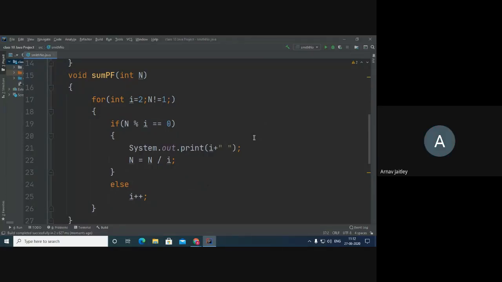Sir, yes, sir, I have posted my program in the chat box, sir. My question is different, beta. Wait, I will see that later on. My question is, if anybody is having any doubt, please tell. Khushi, this code is okay.